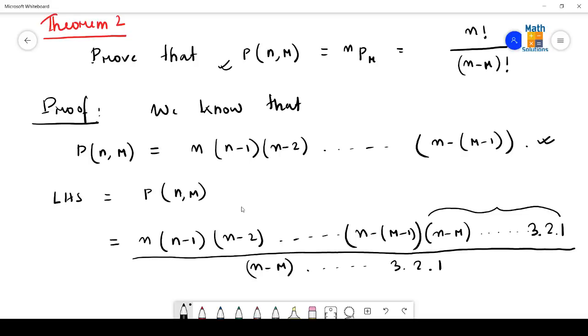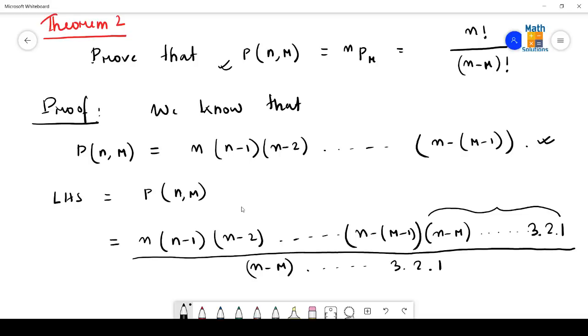So why are we doing this? Because if I write this with continuation up to 3, 2 and 1, I can get the result for n factorial. Yes or no? Because for n factorial, the result is what? n into n minus 1 into n minus 2 into n minus 3, with lots of terms in between, and continuation up to 3, 2, 1 as the last terms. Therefore, with the intention to get n factorial, I had to multiply both numerator and denominator with those terms that are not present in the numerator initially.